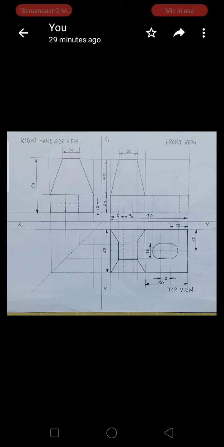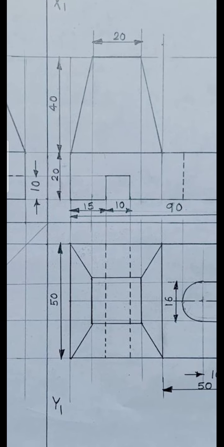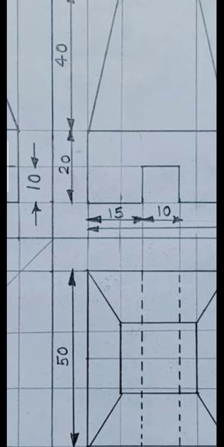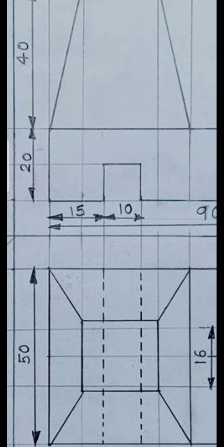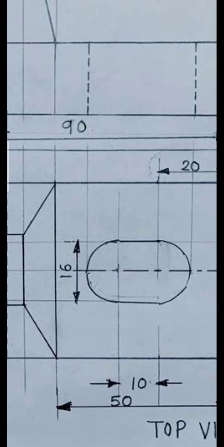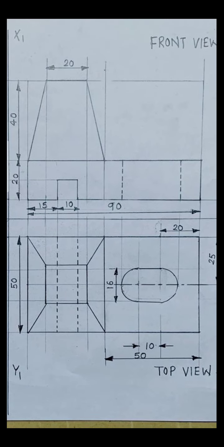In this diagram, what are the slot and the circular portion that we will see here? There is one slot of length 10 mm and height 10 mm. This is one slot portion. And the second one is a circular to semicircular portion plus slot portion. We'll see the circular portion and the slot portion one by one.